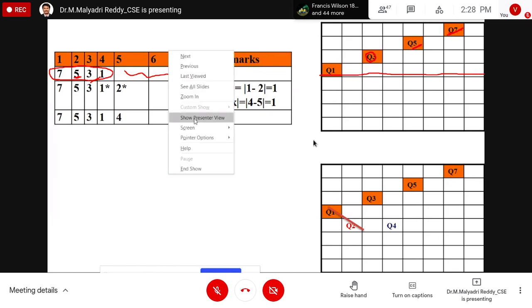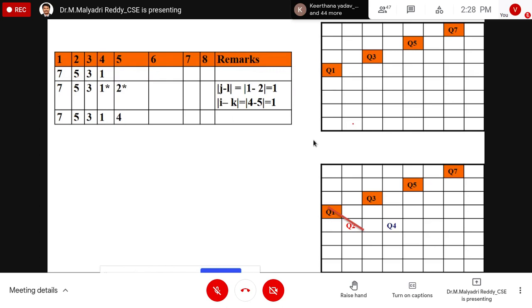So from this I have to place the second column queen, 4th column queen, 6th column queen and 8th column queen. Only 4 I have to place. Next, what I have to place? This 5th row, 5th tuple. Suppose if I place the queen here, is there any problem or not?